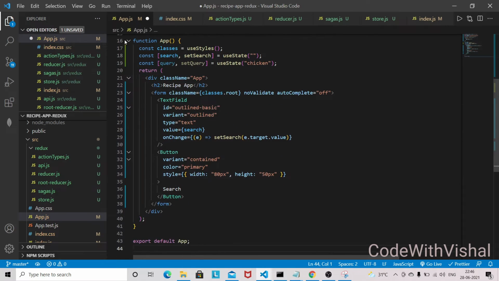So we are reading the user input in search.